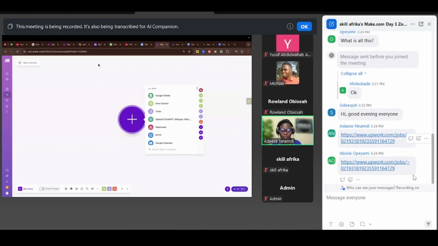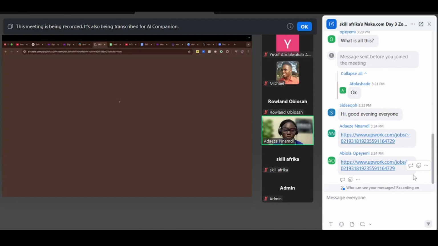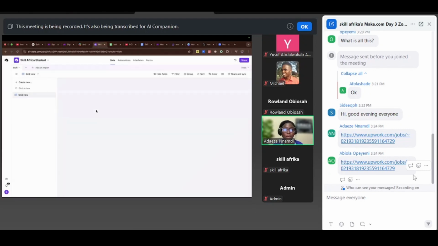So that being said, today we're going to be working on connecting. I'm going to be teaching you more things aside from the application connection, which is using tools, routers, which is under flow control, and show you how it is done. So the first thing we're going to do today,